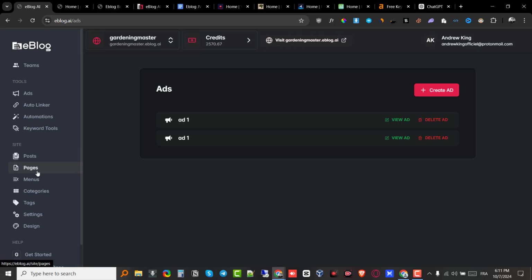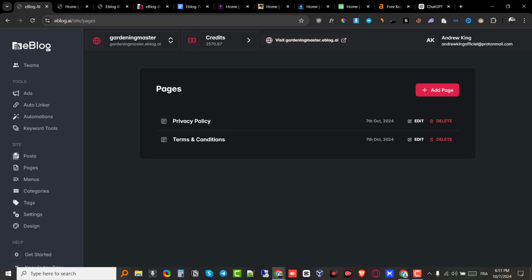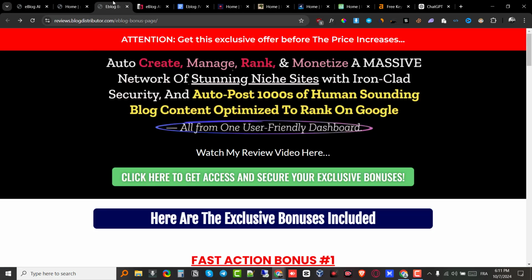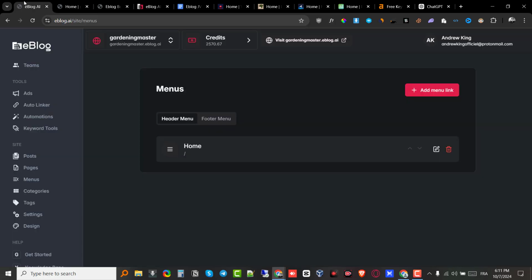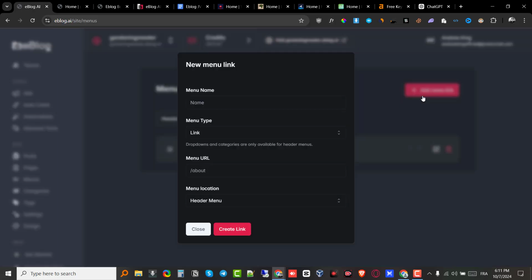You can also add different pages. They have populated privacy policy, terms and condition. You can add different pages here. You can add menus that will show up on the top bar right here. So right now we only have home, but if I want to add more menus, I just name it. Let's just call it